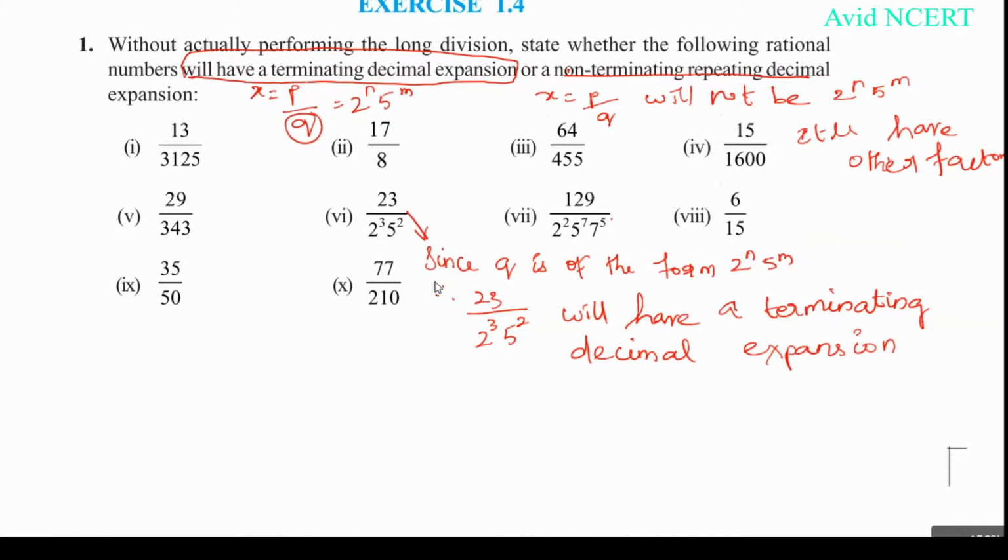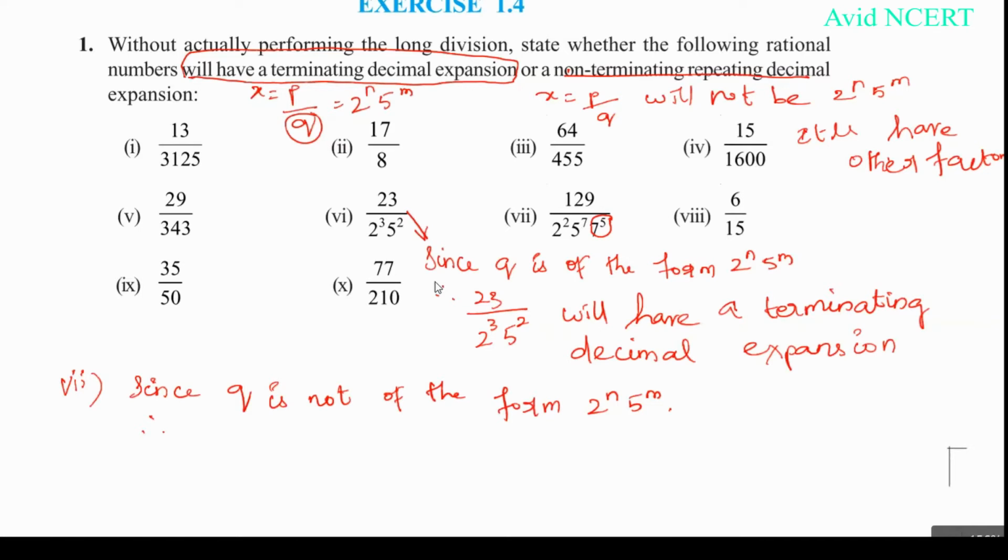Now for the seventh problem, when you see q, it is not of the form 2 power n and 5 power m, whereas it also contains other factors, which is 7 power 5. So for this you have to conclude like this. For the seventh problem, since q is not of the form 2 power n and 5 power m, therefore